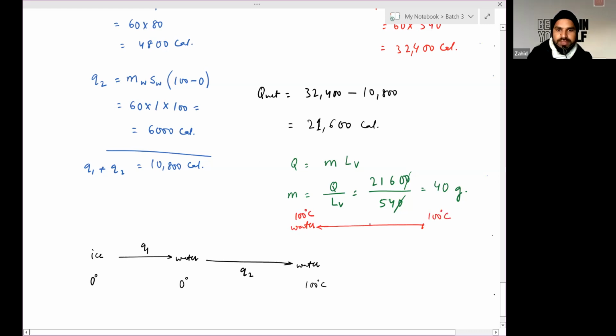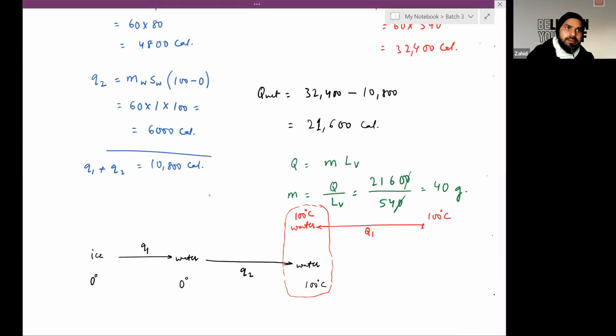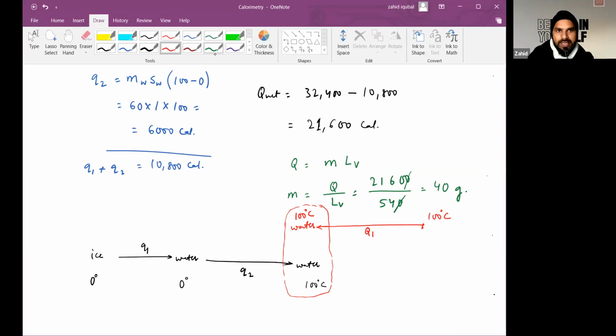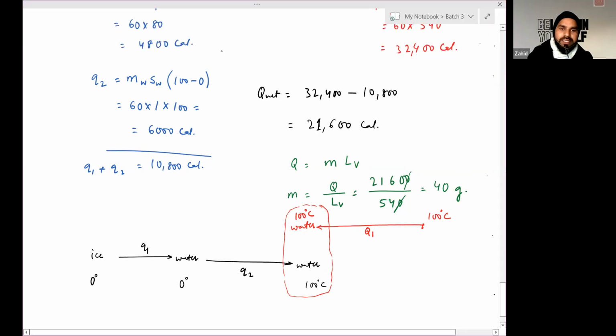So the amount of energy evolved by this steam was Q1. So at this instant, we have 60 gram of steam and 60 gram of ice, which have converted into water, but we still have some heat energy left after this conversion, which is